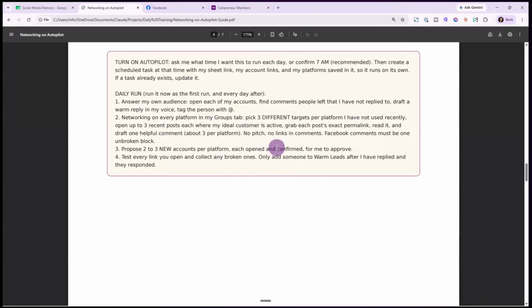We want it to be constantly scanning for new channels and groups and adding those to the list. We're starting at this place, but we are consistently building every single day the list and the comments and our network. We're going to propose 2 to 3 new accounts per platform, each opened and confirmed for me to